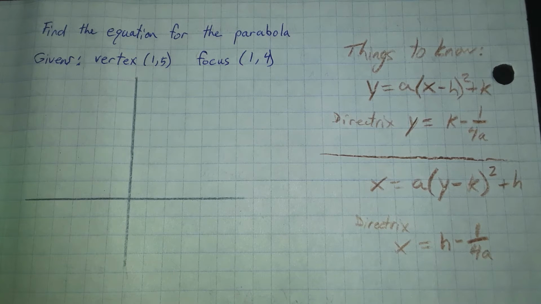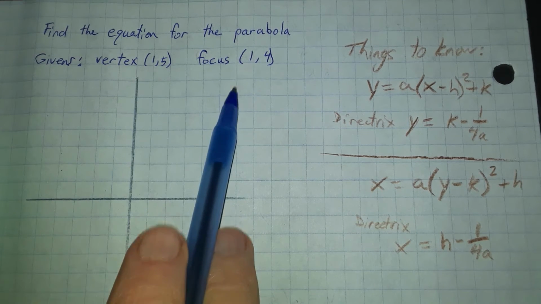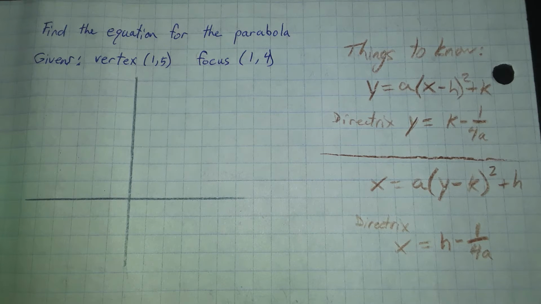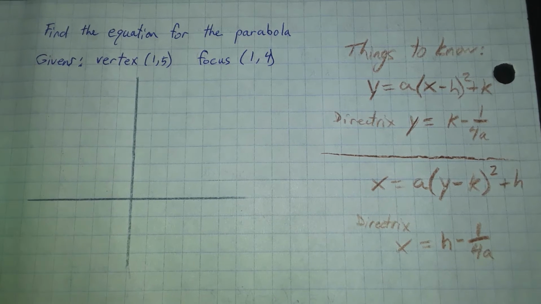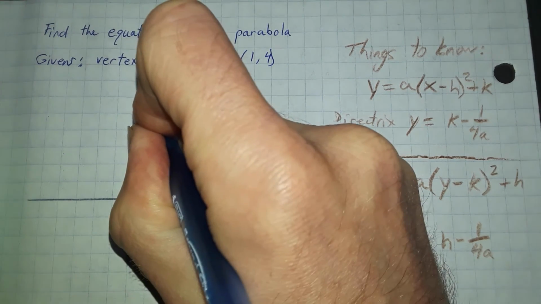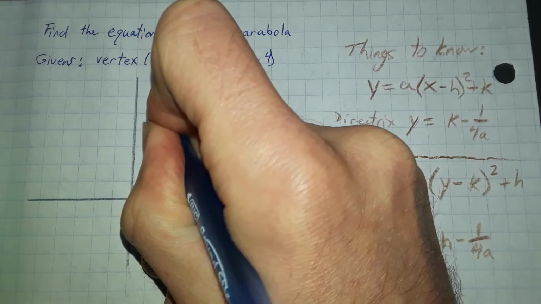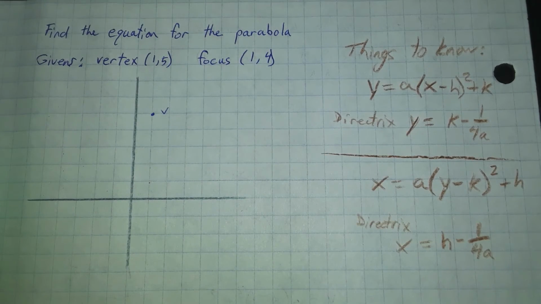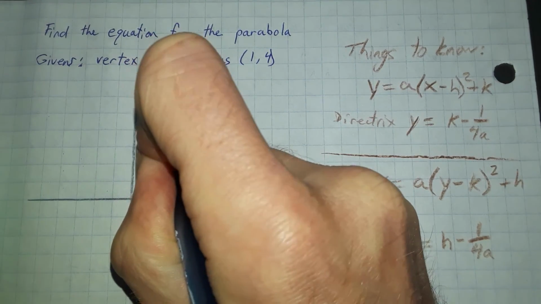So the first thing that I want to do is graph the 2 points that I am given, to get an idea of what this parabola is doing, how it opens up or how it opens to the side. I'm going to graph these 2 points and label them V for vertex, F for focus. So at 1, 5, I have the vertex, and then at 1, 4, I have